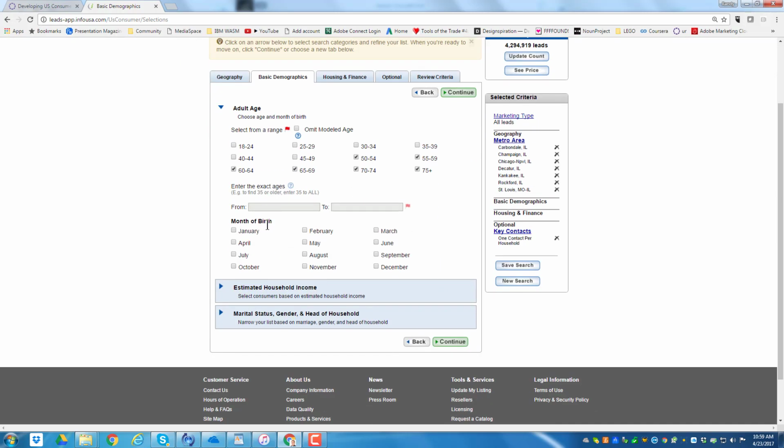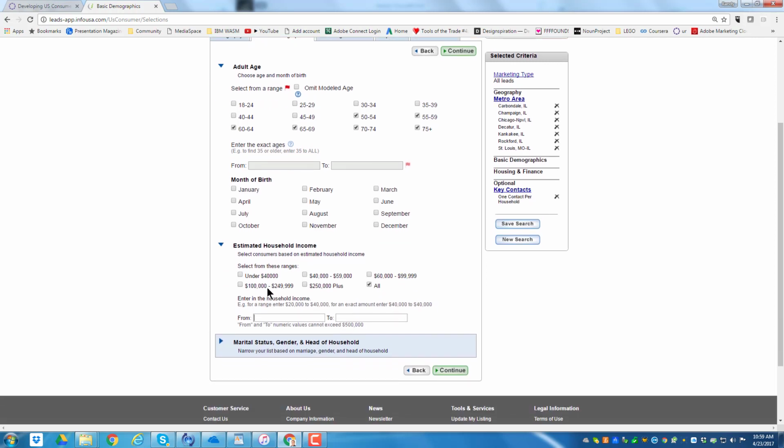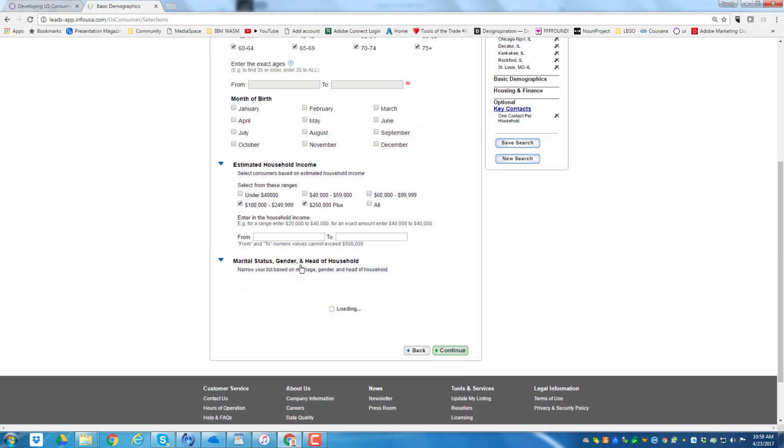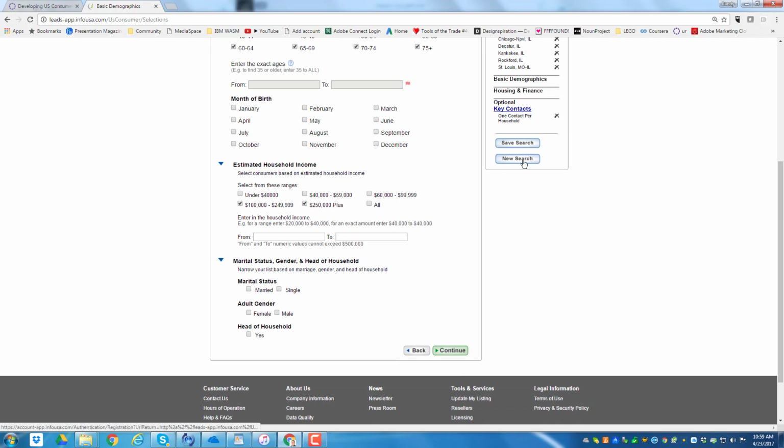I could also do it by their date of birth. I could also select for estimated household income. So let's say I just want to go to the upper level homes. So I'll go to $100,000 to $250,000 household income. I could also do it by married or other sorts of things. And once again, when I either click,